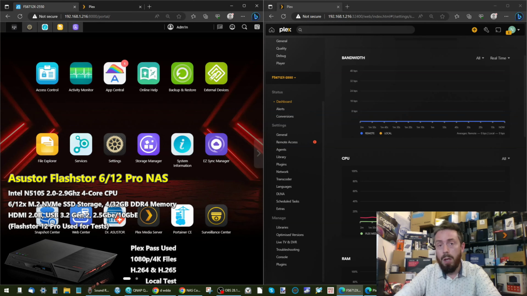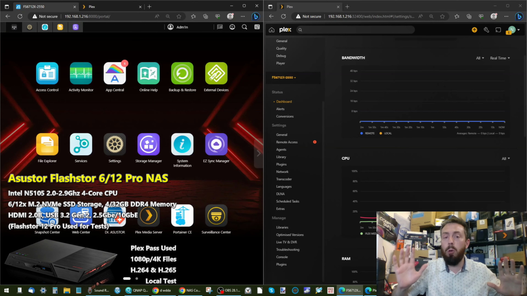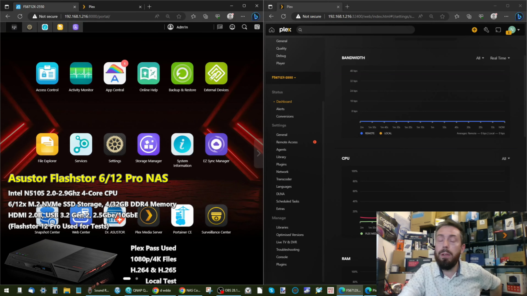And in today's video, we're going to be doing a series of performance benchmarks on this device in Plex Media Server in 1080p and 4K. We're going to be going through a multitude of different file formats and throughout the course of this video trying to identify just what the performance potential and playback potential of the Flashstor series that's just next to me is